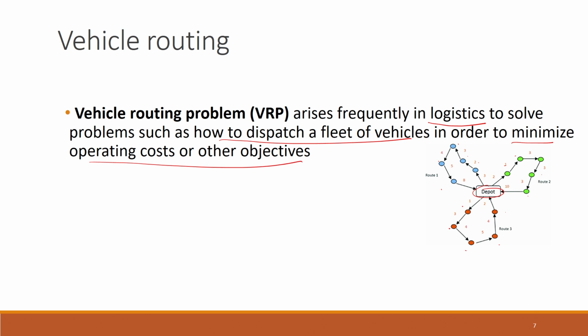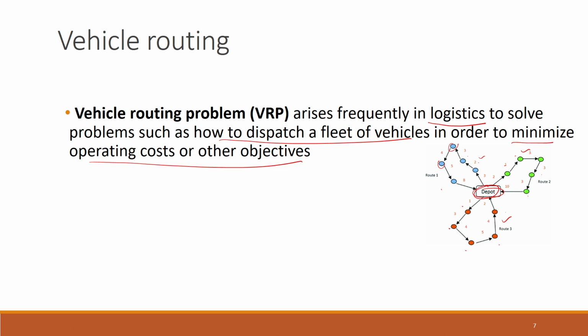So, the objective is that we want to dispatch the goods that are available at this depot node to the customers who want them. But the issue is that the vehicles that are available to dispatch cannot carry an infinite number of goods, and therefore there is a limit on the amount of goods that a particular vehicle can carry, and therefore we cannot have a single loop where a vehicle travels to all of these circles and then comes back to the depot node. And therefore, in this case we might require multiple tours which will be visited by